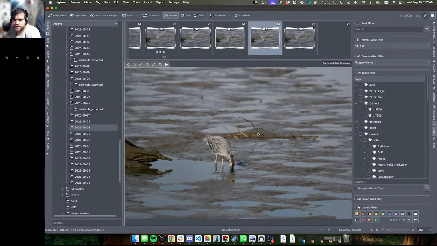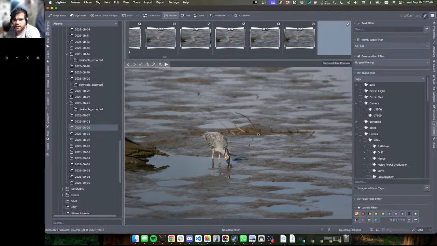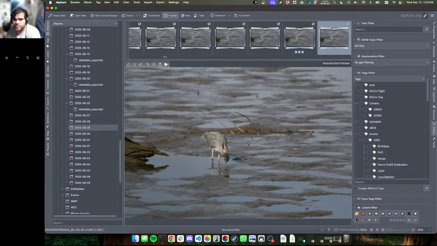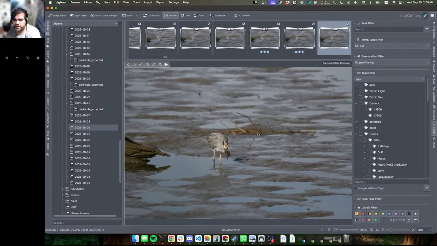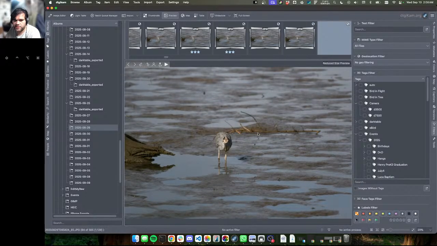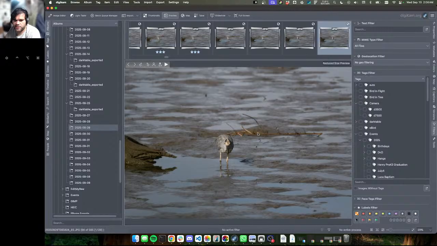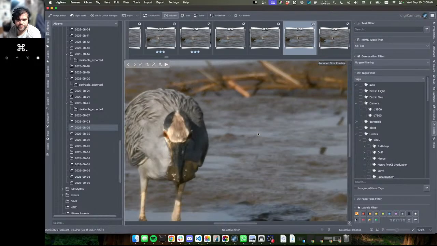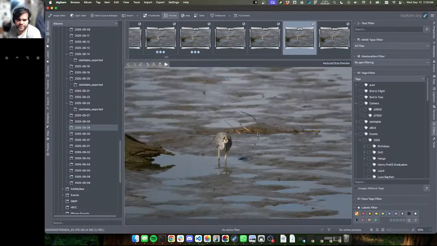But yeah, these guys are particularly cool to just stare at and watch, sit there for minutes or quite some time, watch them hunt. It's probably not as sharp as I like, but